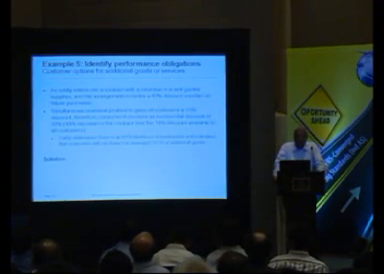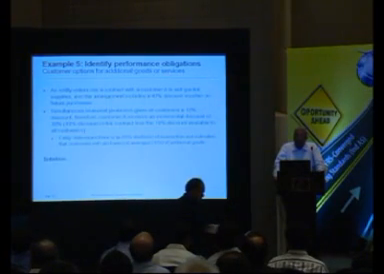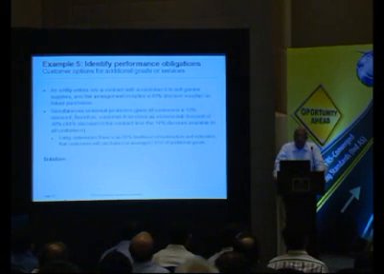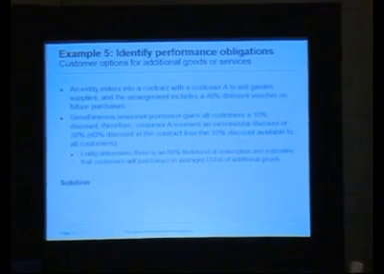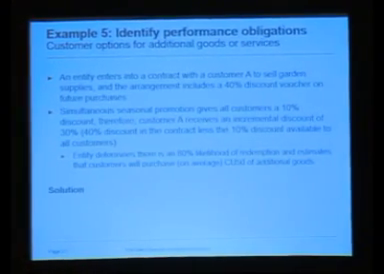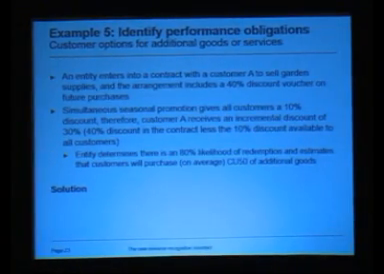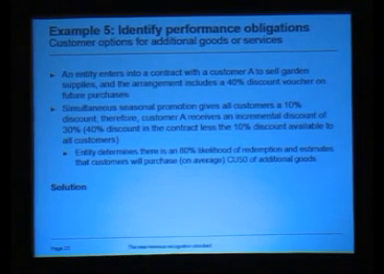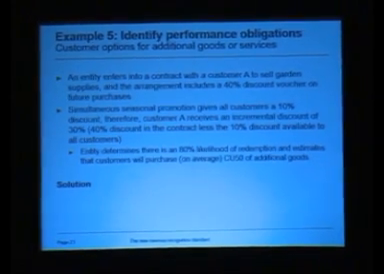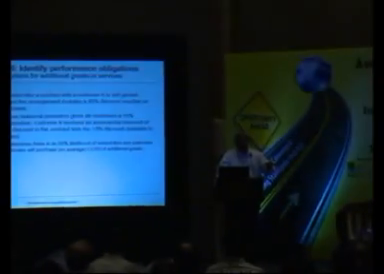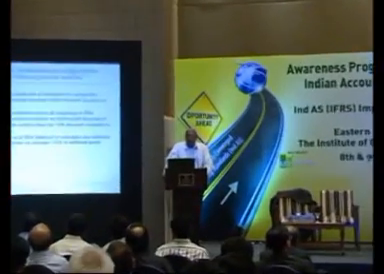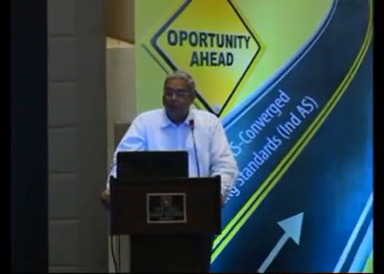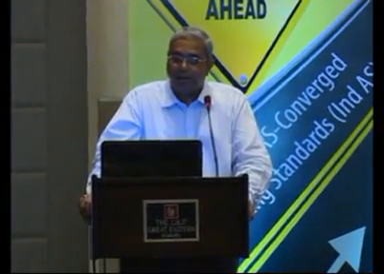It's a very simple example. An entity enters into a contract with a customer A to sell garden supplies, and the arrangement includes a 40% discount voucher on future purchases. So the customer gets 40% discount on future purchases. Simultaneously, a seasonal promotion gives all customers a 10% discount. Therefore, what is the real discount that customer A is receiving? The customer A is getting 40% discount, but other customers are getting 10% discount. So what is the real discount that customer A is getting? 30%. And the entity determines that there is an 80% likelihood of redemption,